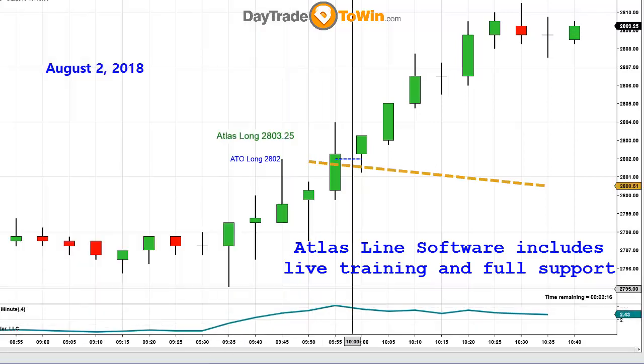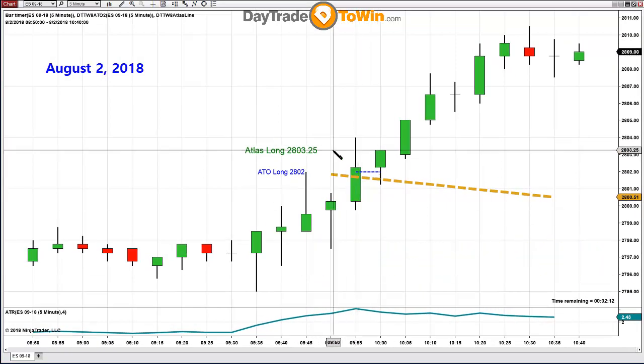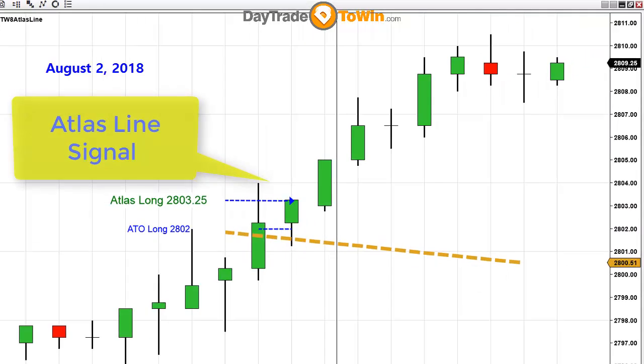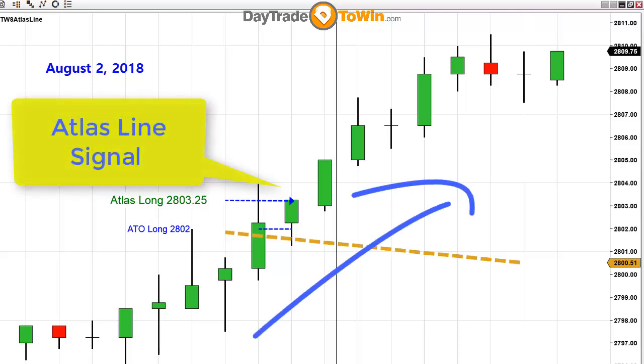And when I add the Atlas Line software, the signal to go long was 28.03/4, which is this candle right here. So on the same candle, you have a long trade as well as the At the Open giving you a long. I always believe that as long as there's nothing stopping you from taking the trade, then the trade should